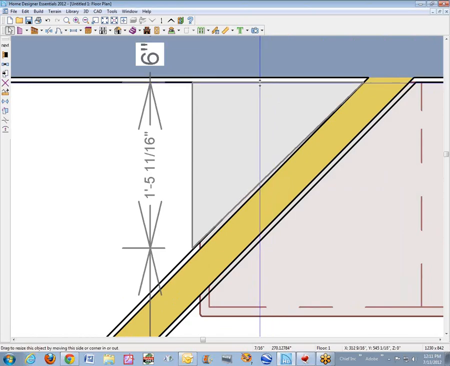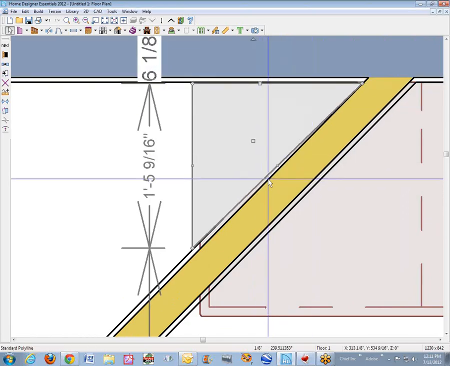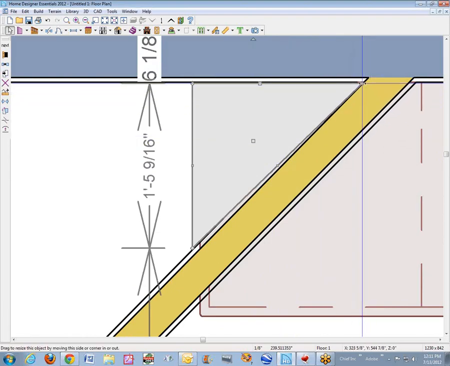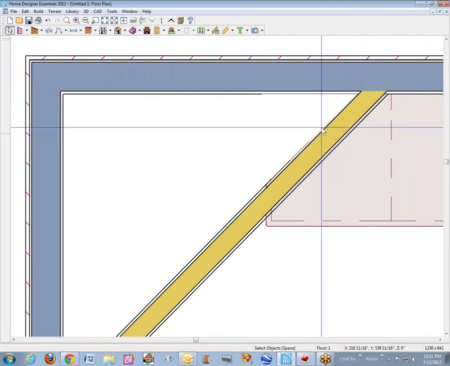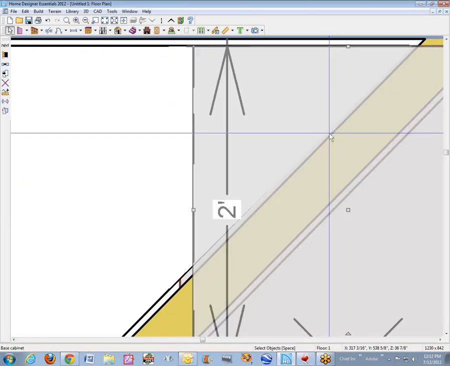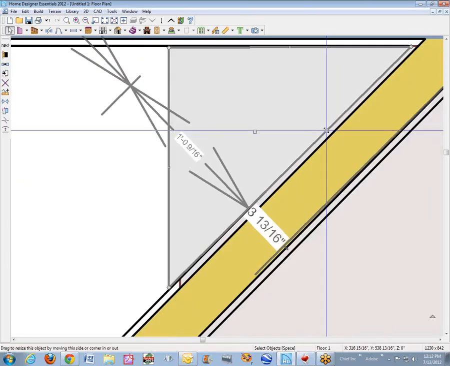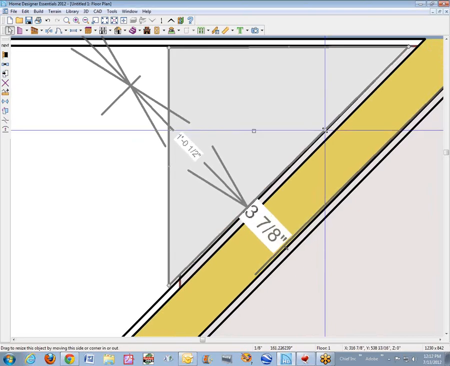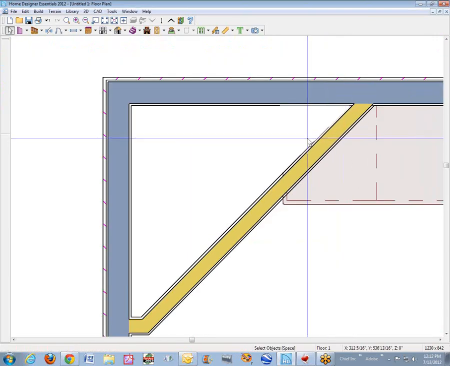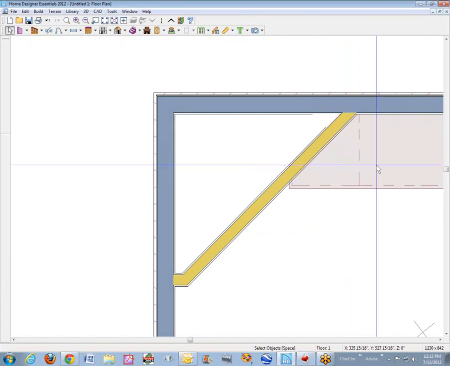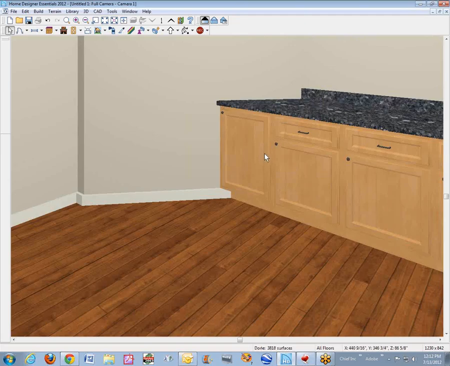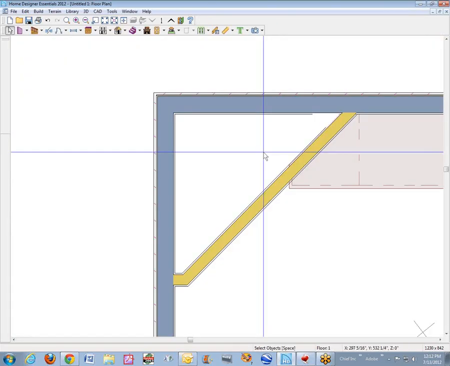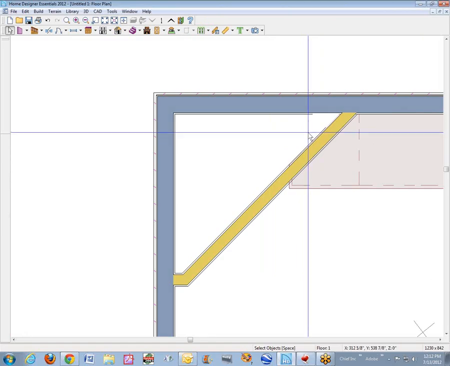Okay, I'm going to move that off the wall lines just a little bit. I didn't know you could do this in Essentials. I learned something today. Okay, that looks a little cleaner. You can see the wall. I'm hitting the Tab key to go between selections there. Okay, yeah, it's not perfect, but anyway, now it looks like a triangular cabinet in Plan View, and it looks like a triangular cabinet in camera views. It's a lie, but